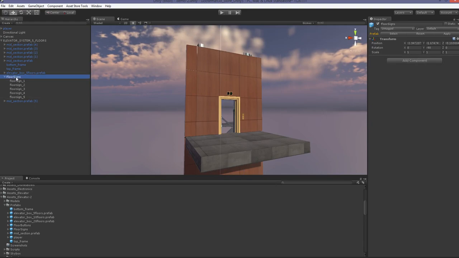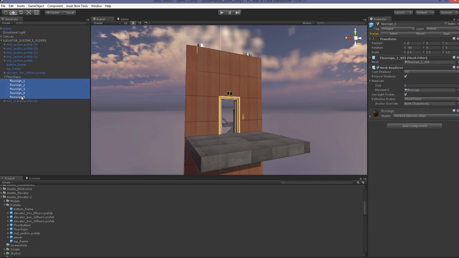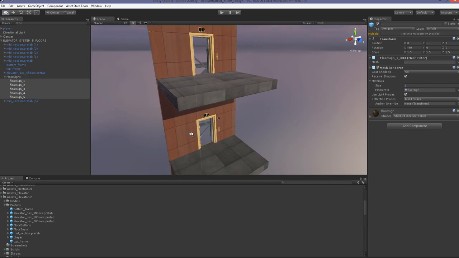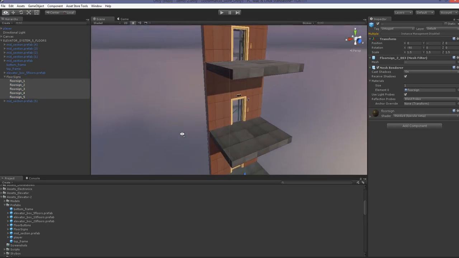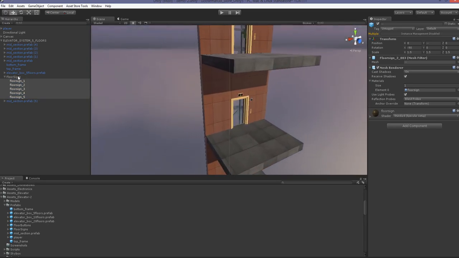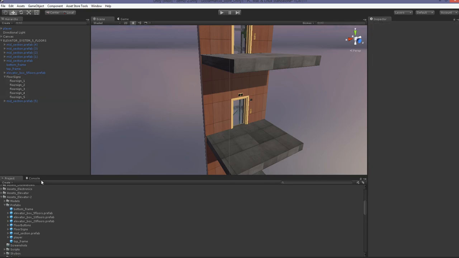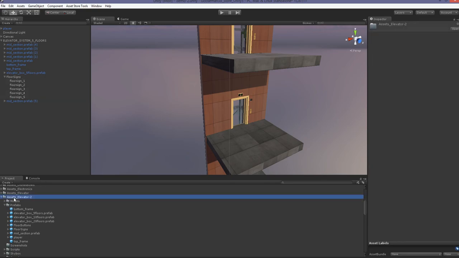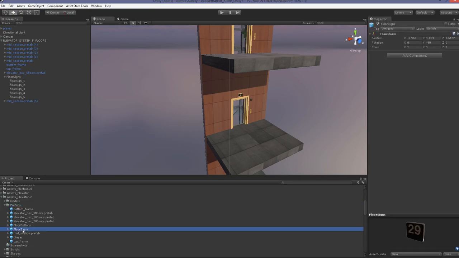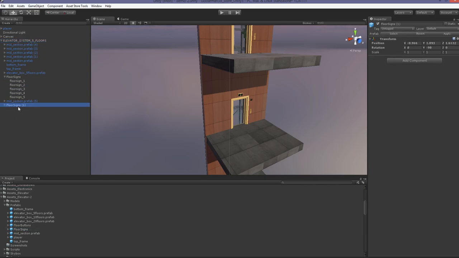So if you go inside the elevator system, you'll see a game object called floor signs, and it contains 5 floor signs for the original 5 floors. So to add another one for the 6th one, I want to go into the prefabs here. You'll see a prefab called floor signs, and you can just drag that into the elevator system. Now you want to just pull out the 6th one. So here's the 6th, and you just drag it under there,